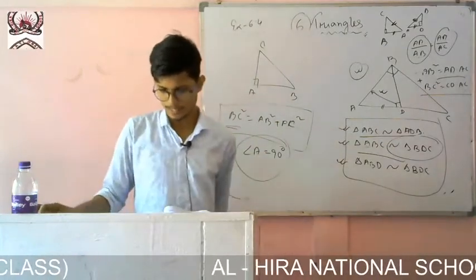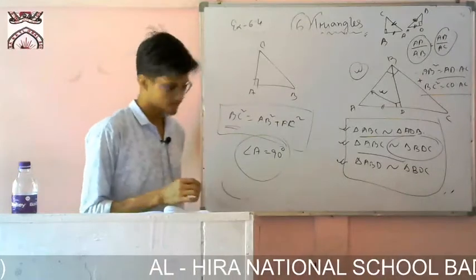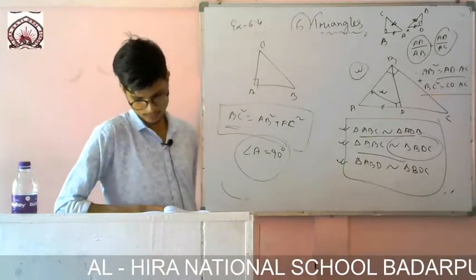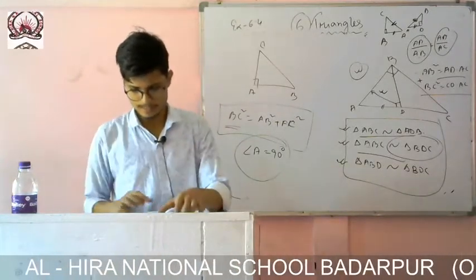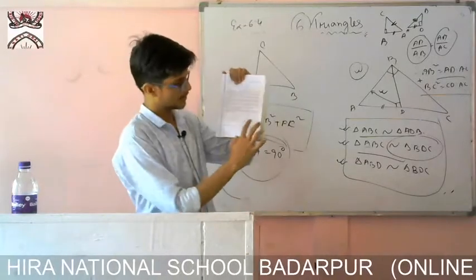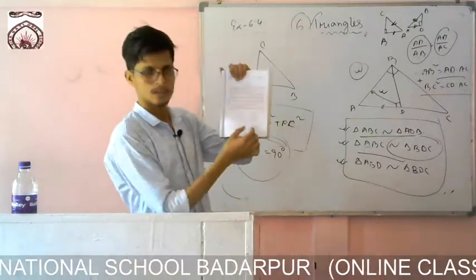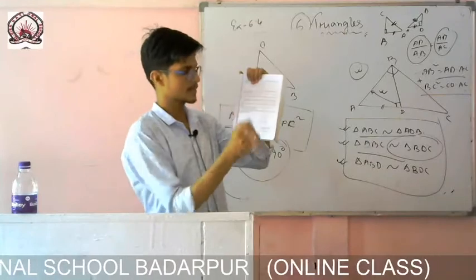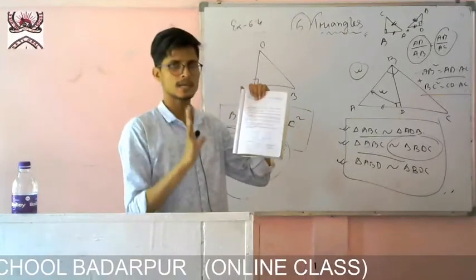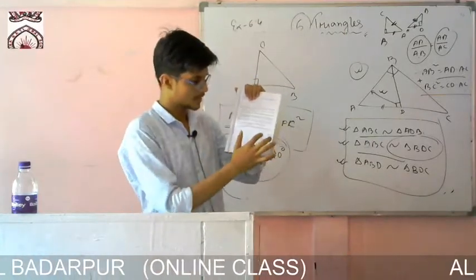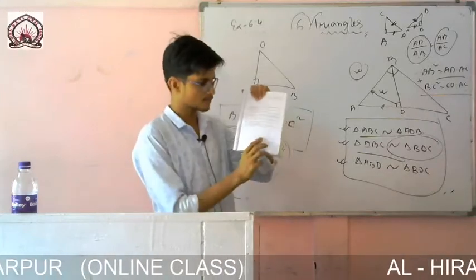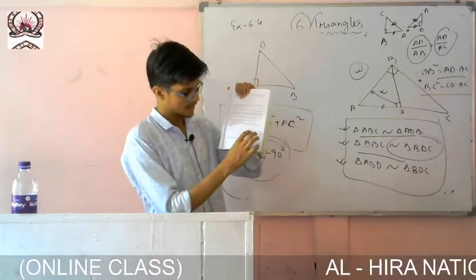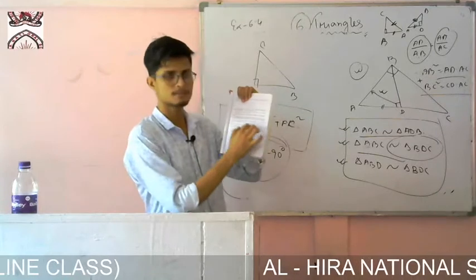You have to prove that angle A is 90 degrees. Same thing, just the opposite way you have to do. First of all, I will write what is there. You see they have drawn two figures, and in the same way they have taken that one as 90 degrees. The first one, triangle ABC, they have taken as just a triangle, and this one they have taken as a right angle triangle. For both, they have taken out the angles.